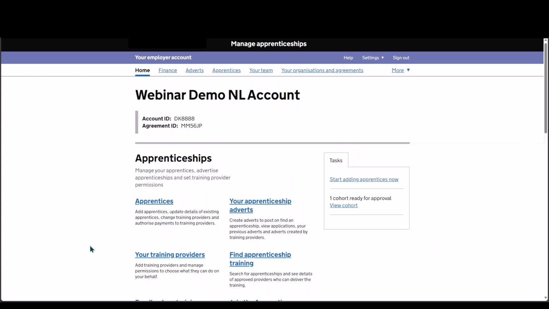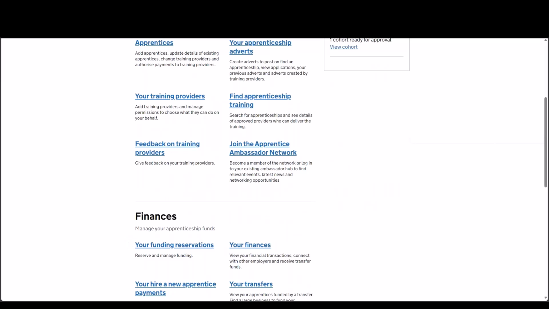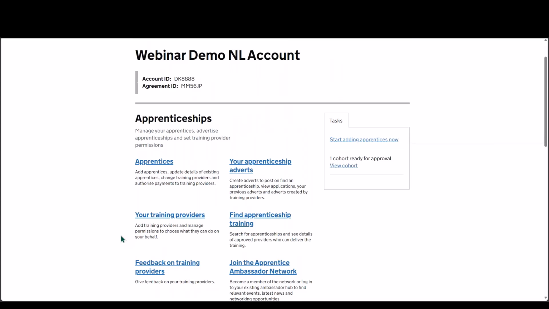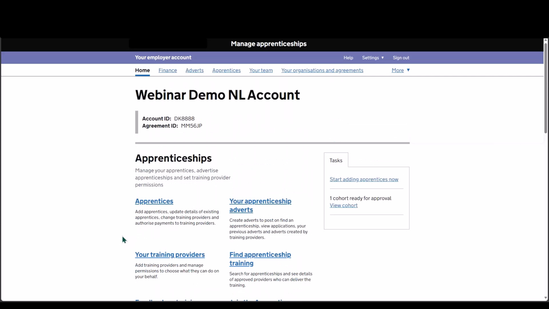The first option is that you can go through the Apprentices link on the homepage and start the Add an Apprentice journey, or you can go to Your Funding Reservations on the homepage and just make a reservation with no apprentice added yet. We will come back to the Your Funding Reservations section later in the webinar. For now, we're just going to demonstrate the first journey through the Apprentices link. This will mean that we can reserve funds and add an apprentice together at the same time. Please note that this is also the same way levy-paying employers add apprentices, but they will not be asked to reserve funding. So if we click